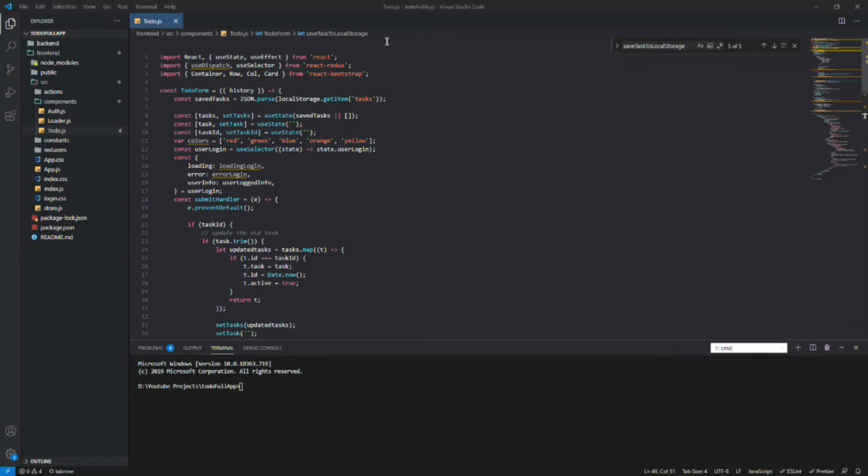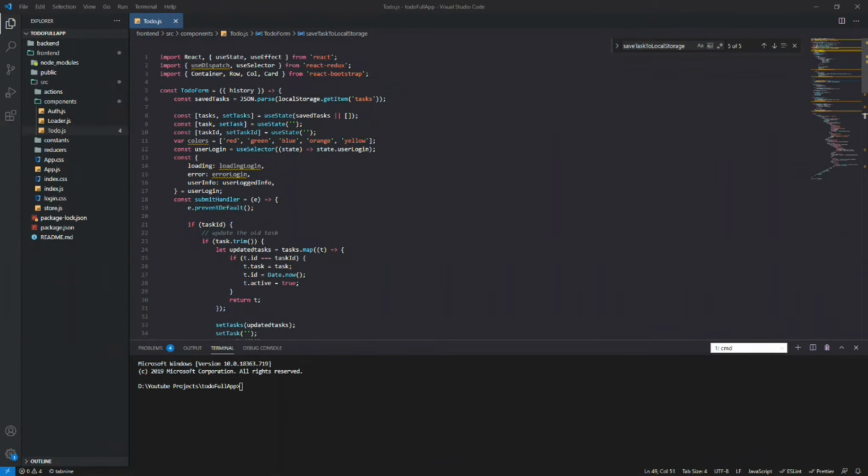In the previous video I integrated the user authentication API into this project, and now I will integrate the to-do list API with this project. Then our whole to-do list project is ready to deploy, but we will not deploy it, because that is a demo project. So you can see the code.